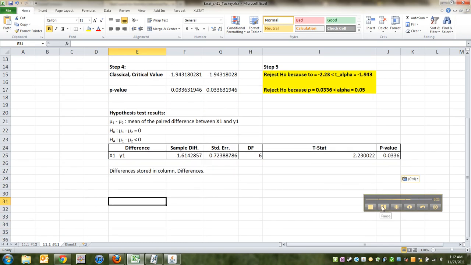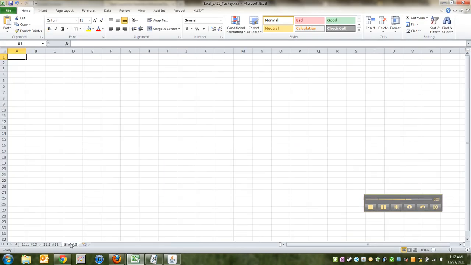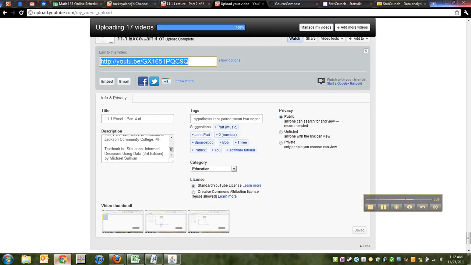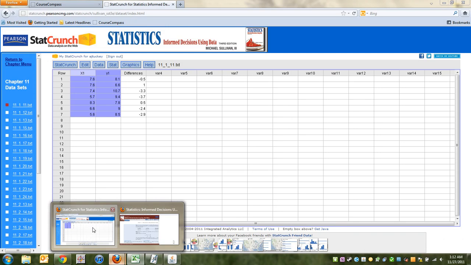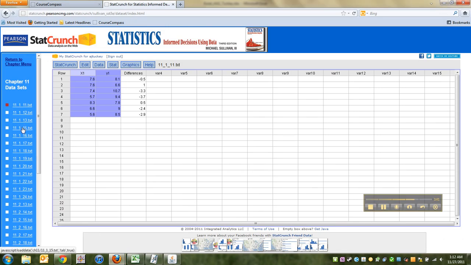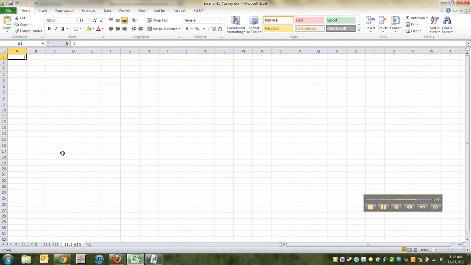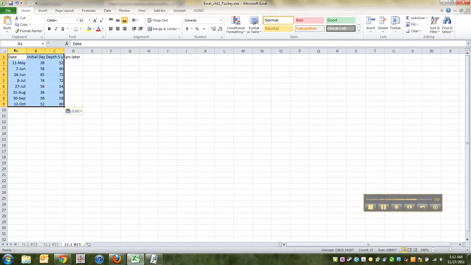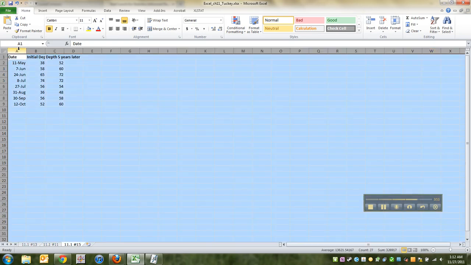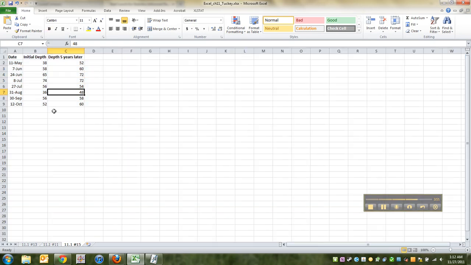All right, now what I will want to do is start on the next one, which is going to be number 15, which is a right-tailed test. And luckily for me, I can get the data rather simply from StatCrunch or from the Excel video or the Excel disk if I happen to have it. So I have this data. I'm going to take it back in and import it into Excel. There we go. All right, so now this is talking about,